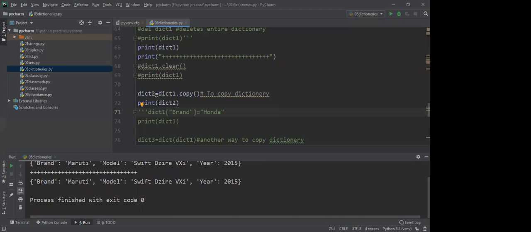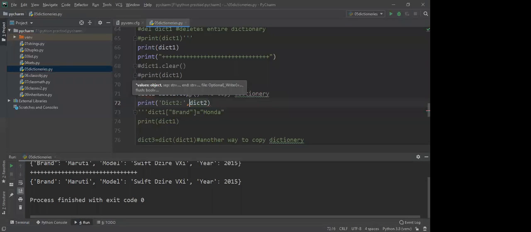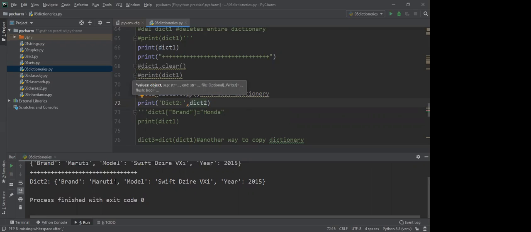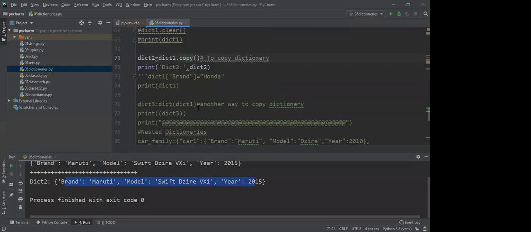This is your dict2. So you can copy by using the copy function.